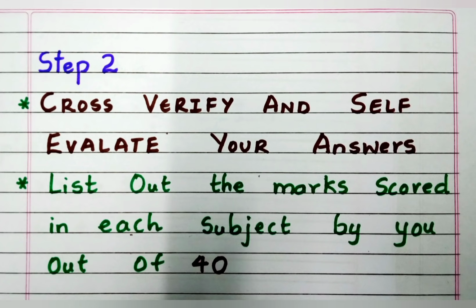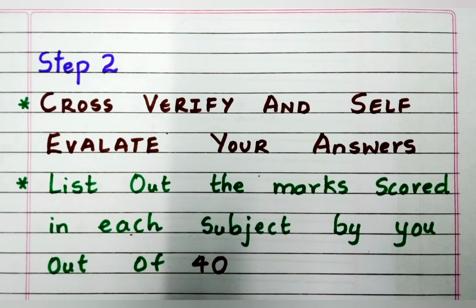First language, second language, third language, math, science and social, write the marks out of 40. Out of 40 marks, list down the marks scored by you in each language and the core subjects. Now, cross verify the answers you have marked with the official